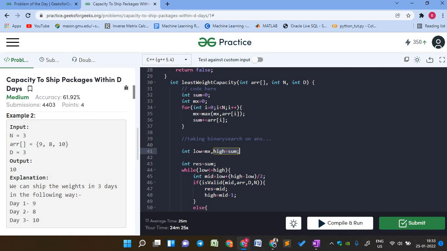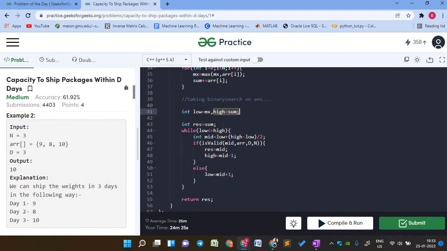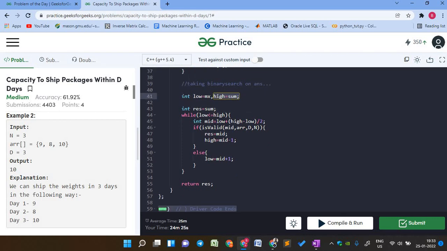Because our answer will lie within this range. For simplicity we initialize our result with sum, the highest value. Now we are doing the binary search, low less than or equal to high, and then we find the mid,